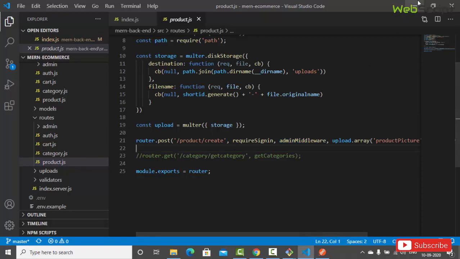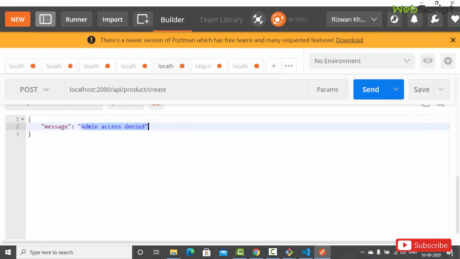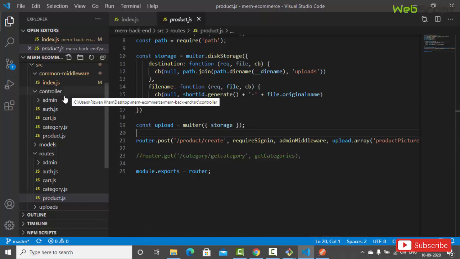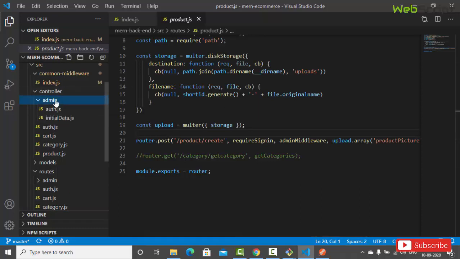That's working fine, guys. So that's what you were asking me, whether you are able to create, and you can check it's working fine. So I will just say check your code, review your code, watch the video again and correct it. Next, one more thing you can correct, that is you can check in the controller again, admin,